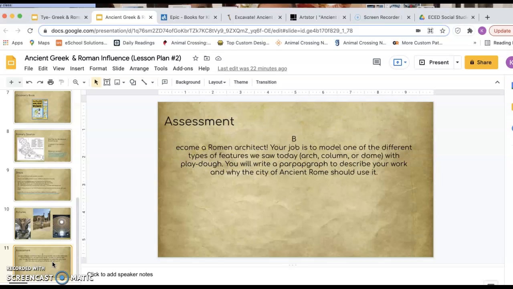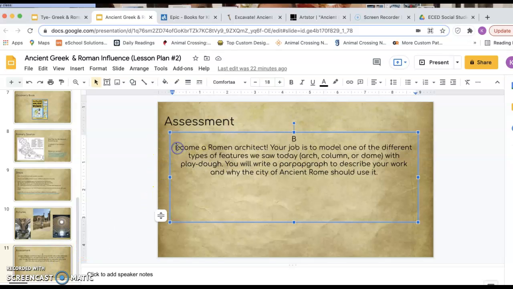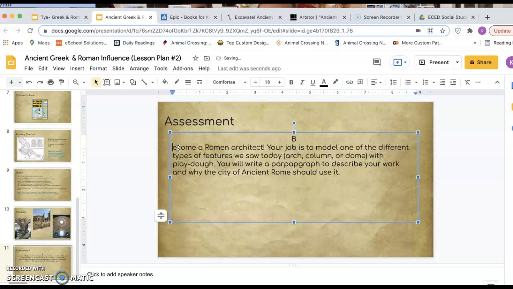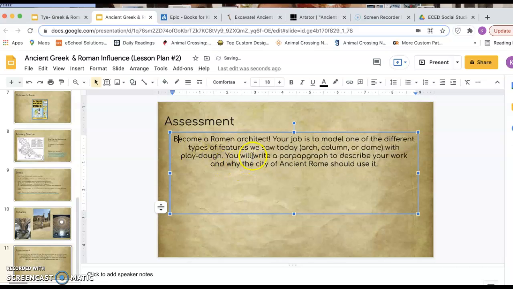And for the assessment, I thought a cool thing for the students would be to become a Roman architect for the day. And it would be their job to model one of the different features in Play-Doh, so either an arch, column, or a dome, and they would write a paragraph to describe to the citizens of Rome why they should be using this. And then lastly, my technology for this